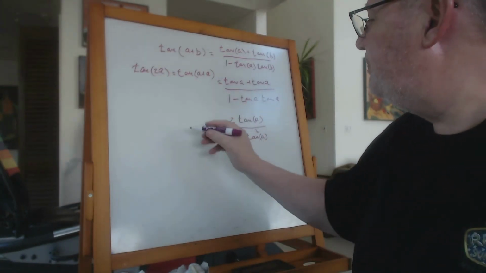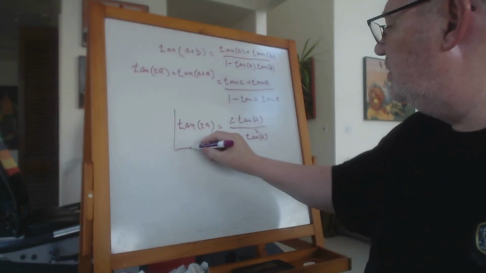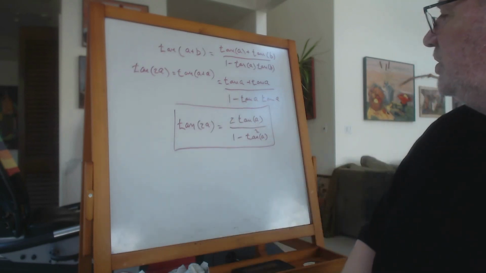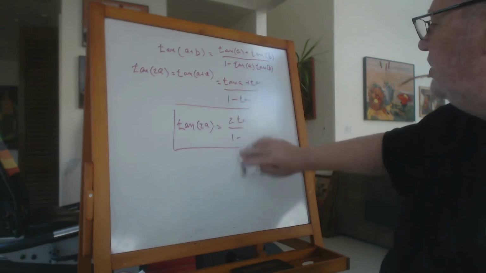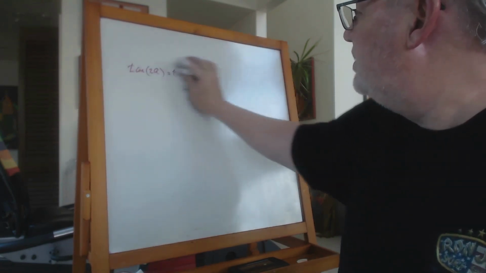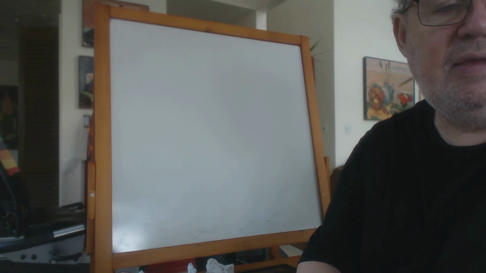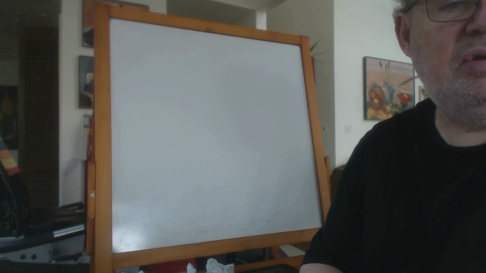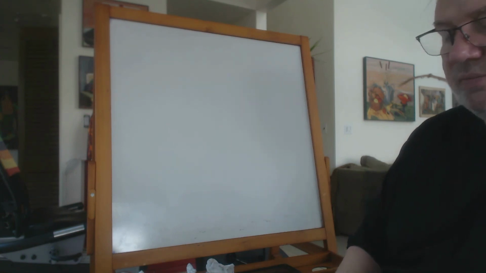So tangent 2A, it's sort of the double angle formula for tangent. Let's see if there are any others here. Show, here we go, show